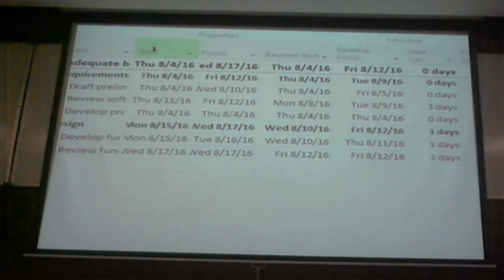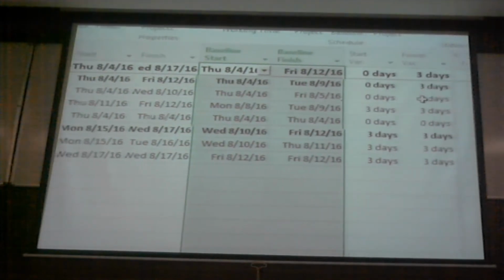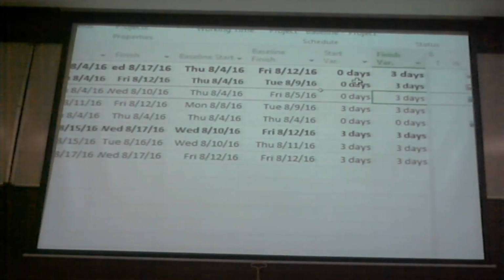But if you would like to see it more in terms of columns, we have a table available called variance. What the variance table does is it compares your current plan, which includes your 3 days delay, and your baseline. Now notice these columns. This is your forecast, which includes what has been done also. This is what has been approved by the client, and this is your deviation. Since this affected your critical path, you see in your project summary also, there is a 3-day delay because you are missing your project finish date in this case.